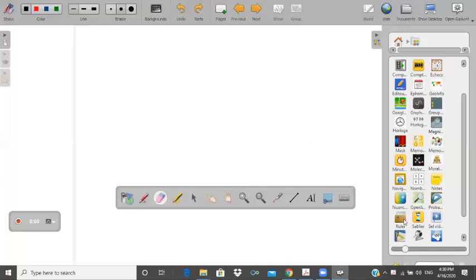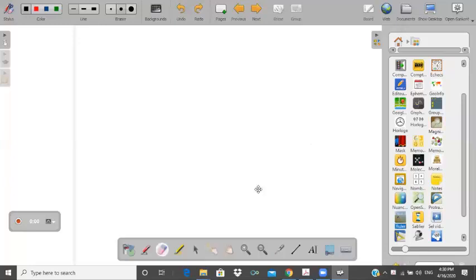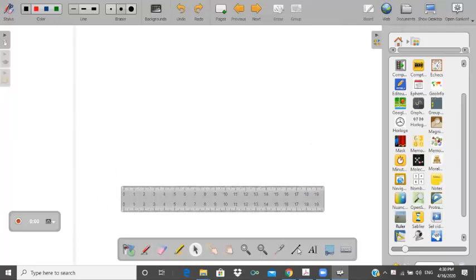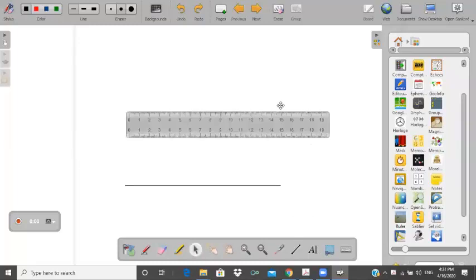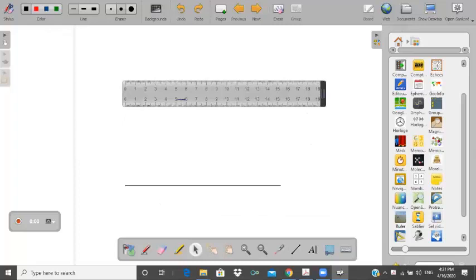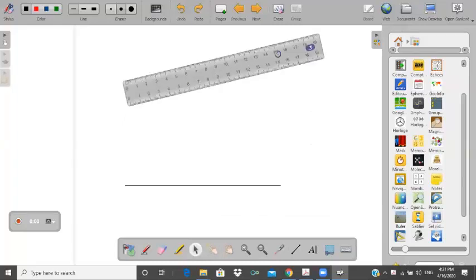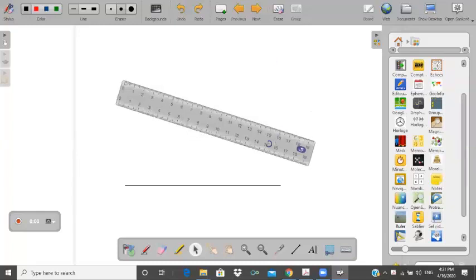Now I am taking a ruler. Now I am taking this, draw a line. By clicking this one, we can move this and we can adjust this one by clicking this, or we drag it like this.